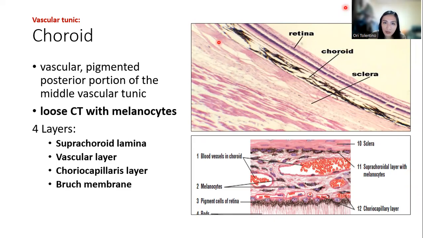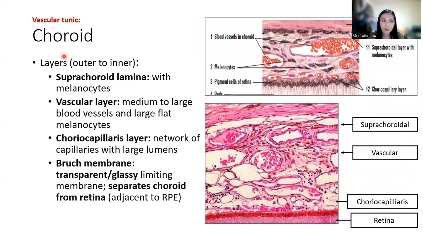Just know that the light from the front of the eye reaches the retina, it's absorbed, it is processed there, and the other light, or the stray light, is absorbed by the choroid. Okay. So it also has many blood vessels to nourish your retina. So the choroid is there to support your retina. It has the following 4 layers. The layers are from the outer, meaning from the sclera, to the inner retina.